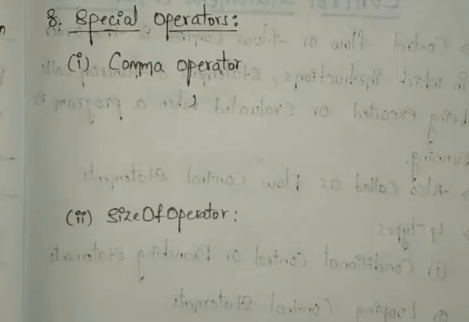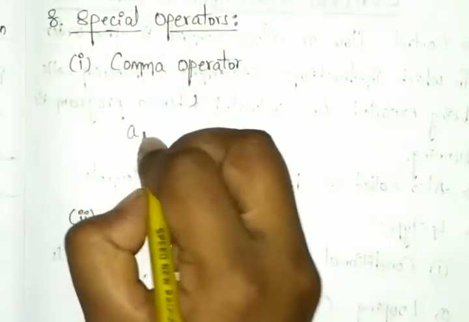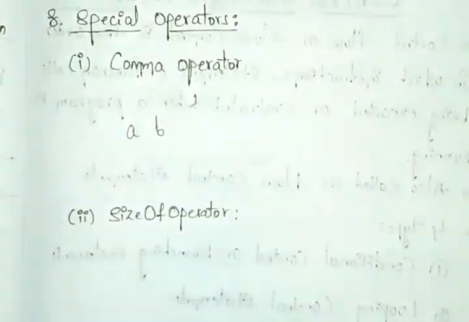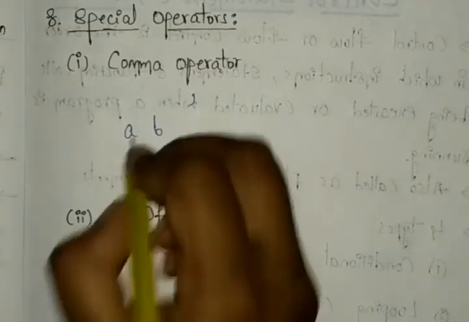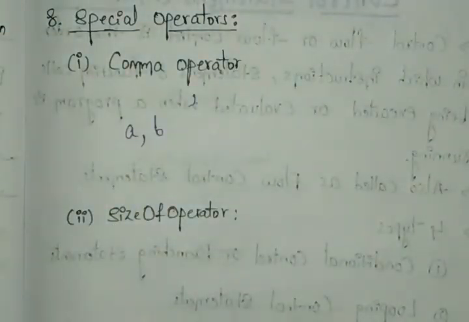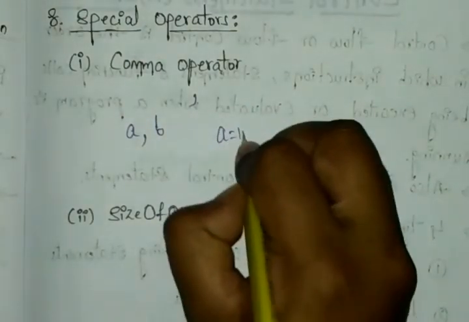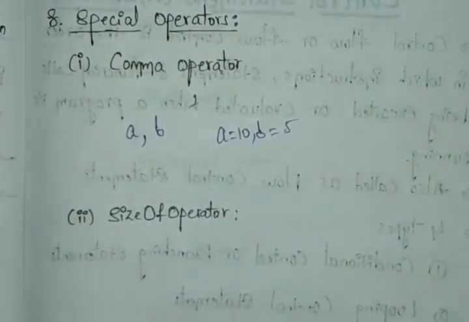Suppose you are giving any variables, or you can choose any example. Suppose I am taking the variables A and B. We can identify that A is not related to B. So in that case, I am giving the comma. So after A we have B, right? Like that we are giving the comma operator. Even if you are giving values, A is equal to 10, B is equal to 5, like this we can also perform. You can give any values to that.